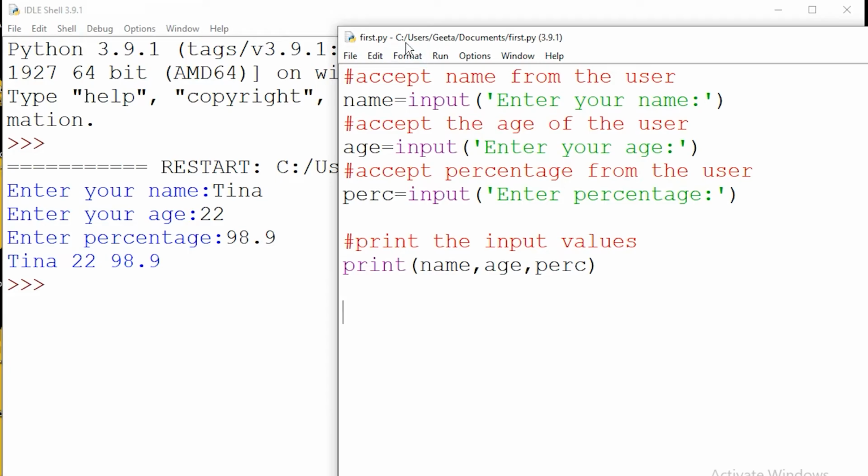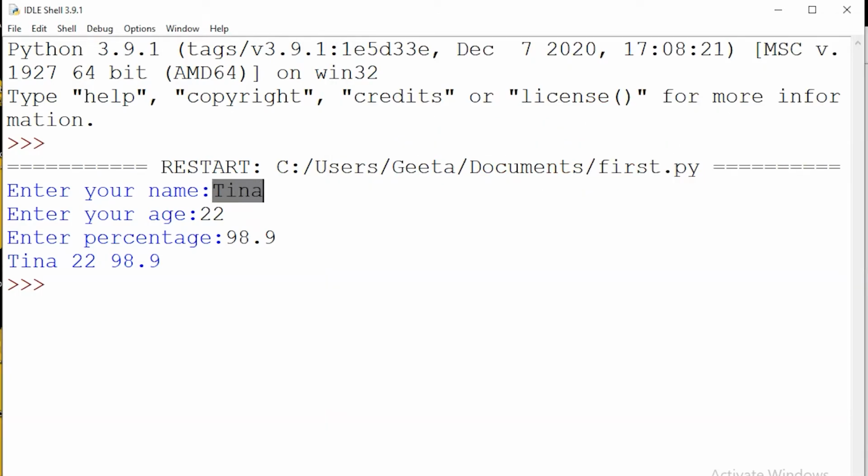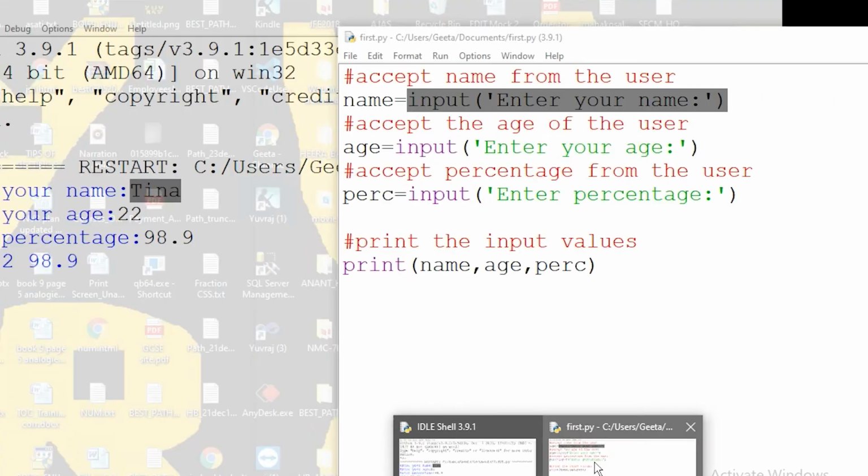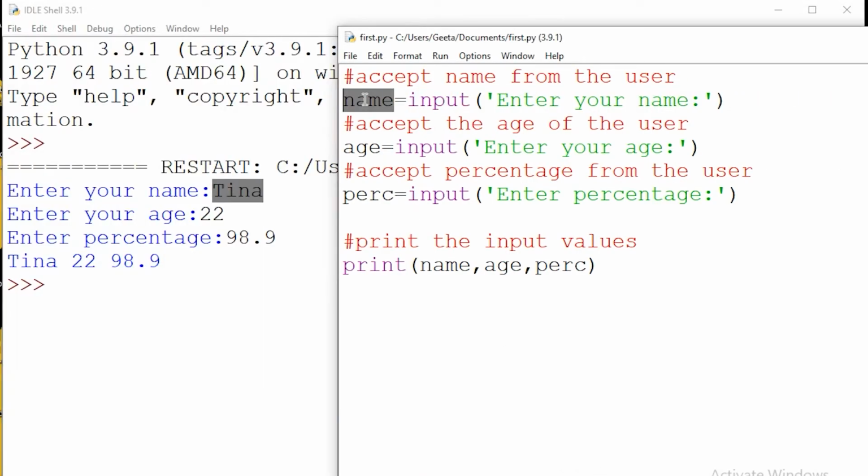When you run the program, this comment is ignored by the interpreter. It goes to this line which says there is a variable name, and the function input will prompt the user to enter his name. So exactly this has happened. The input function gets executed. It prompts the user to enter his or her name. Whatever input is given here gets stored in this variable.